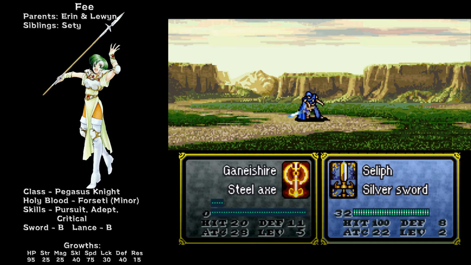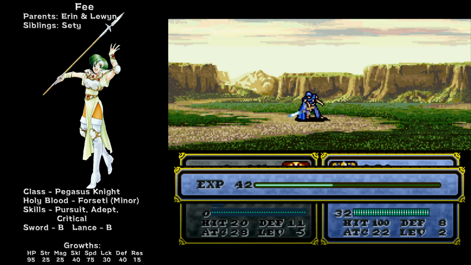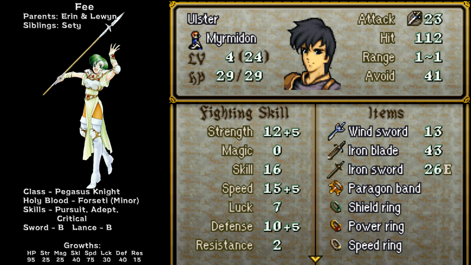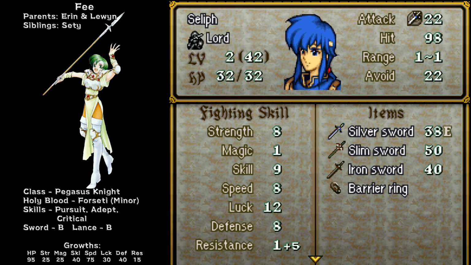At least he inherited his dad's sword. I wish I could have passed down better equipment for Seliph. I think he needed, like, the Power Ring or the Paragon Band more, but I just didn't have the money on Sigurd because I wasted all on Tyrfing, which isn't here. Like, I think that's the biggest thing I've ever messed...